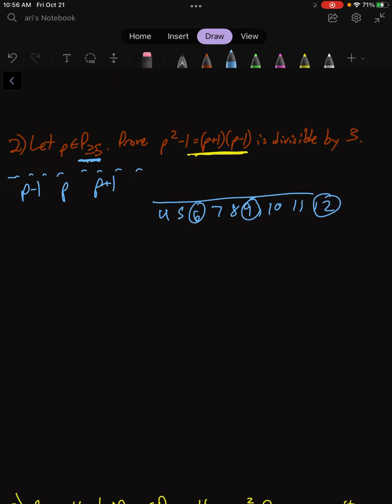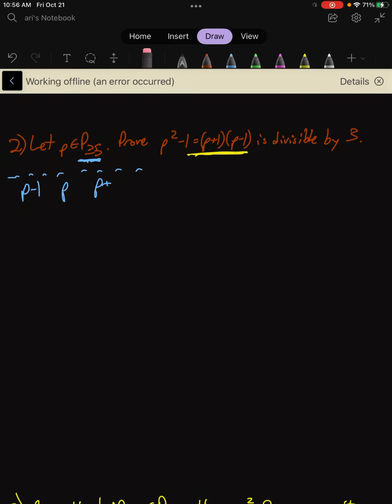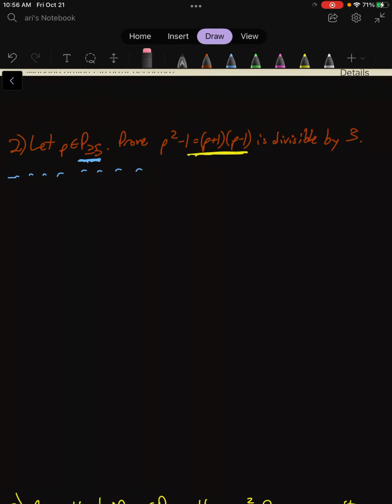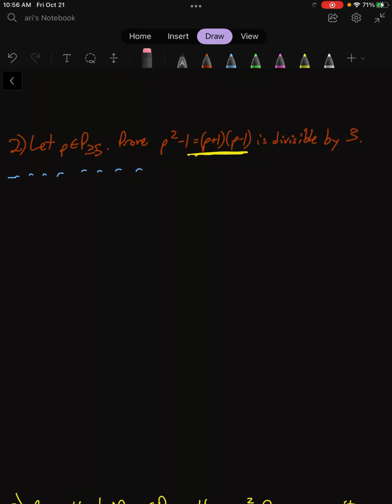But here we are limited to primes greater than or equal to 5, and if we just plug in some numbers, like 5 squared minus 1 is 24, which is divisible by 3. If we throw in 7, 49 minus 1 is 48, which is divisible by 3. So we have some examples where it makes sense and it works. Okay. So in terms of writing out a proof of this,